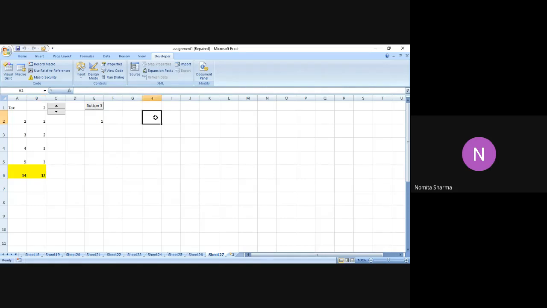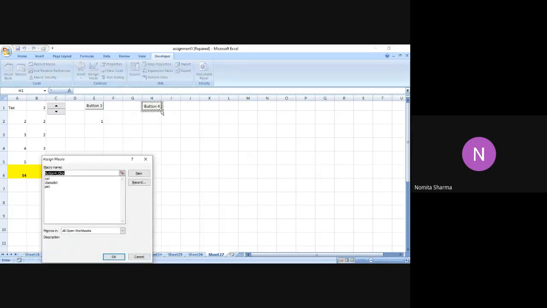Now I place my cursor over here in the H column, and over here I'm going to use another button command. So I go to developer, then insert, and the very first option is that of the button command. I will have my plus sign over here. I will simply drag it and make a box. I can increase and decrease the size of this.